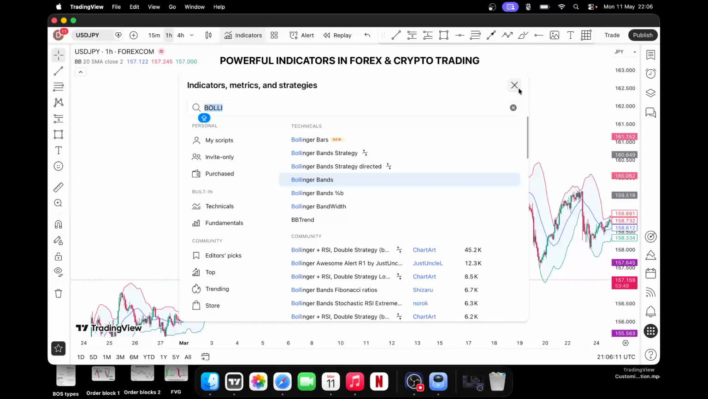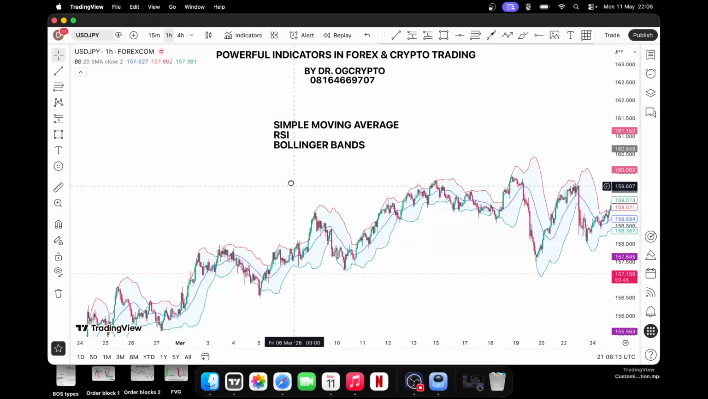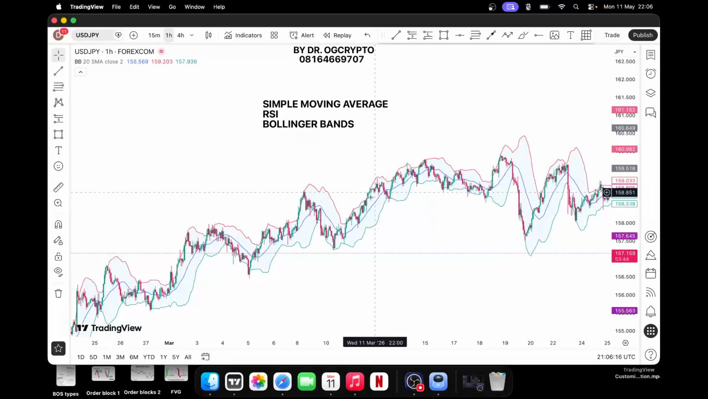So it has added it. So these Bollinger Bands now. So these are a Bollinger Bands indicator. It has three lines: the upper band, the middle band, and the lower band. So the interpretation, or how you can use these indicators to actually make crazy money from the market, is